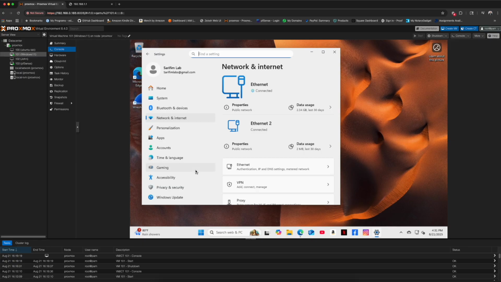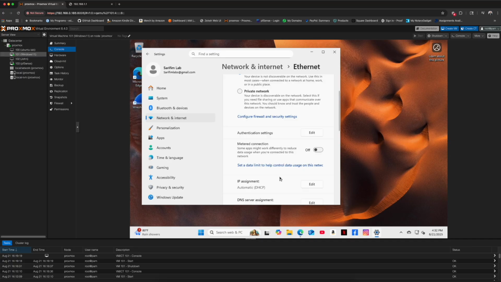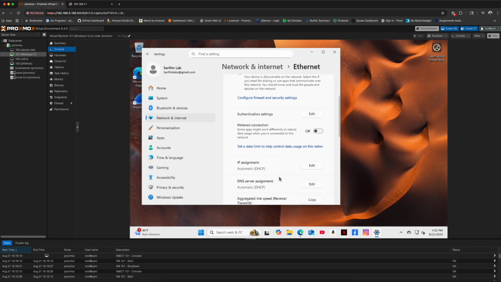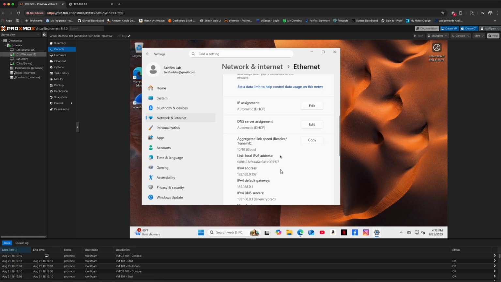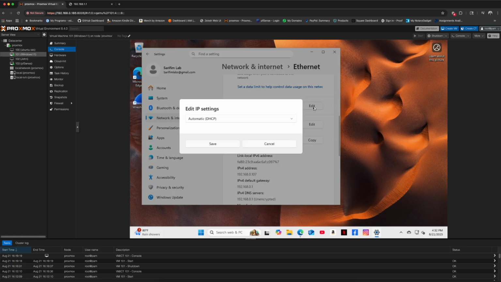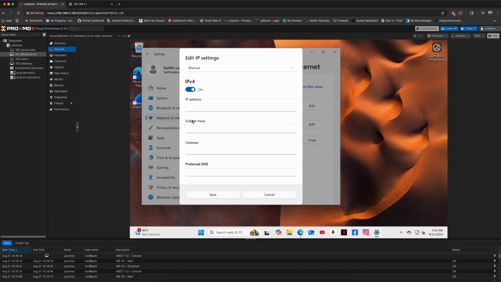Click Ethernet. Scroll down and go to IP Assignments, Edit. We want to go to Manual, turn on IPv4, enter the IP address